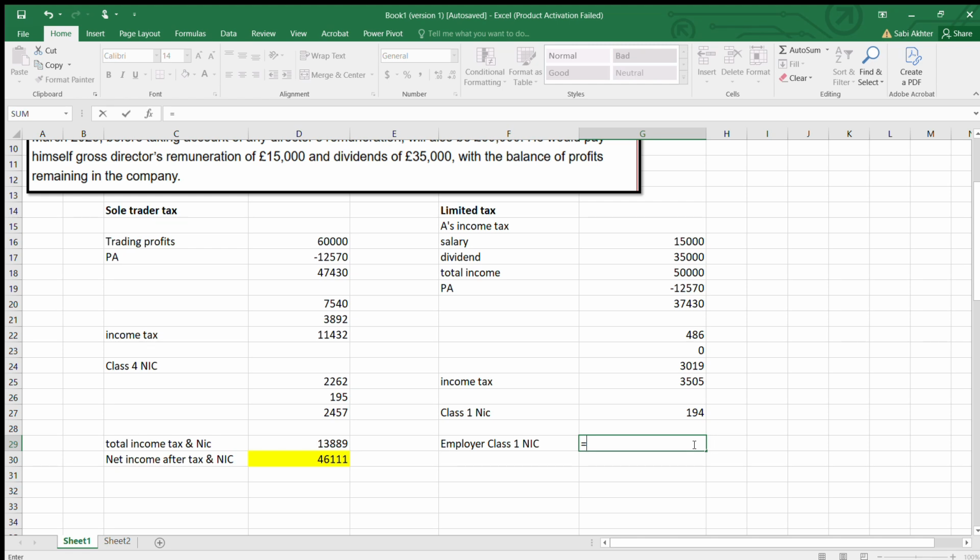This is the difference between salary minus only one limit, more than 9,100. Straight rate, one rate, 13.8%. This is how employer's NIC works. You can watch my NIC lecture, by the way. So I'll drop down the decimal, 814. Now, done. Now we will be moving on with the corporation tax, if he is operating as a company. So the tax adjusted profits. Tax adjusted profit is given as 60,000.